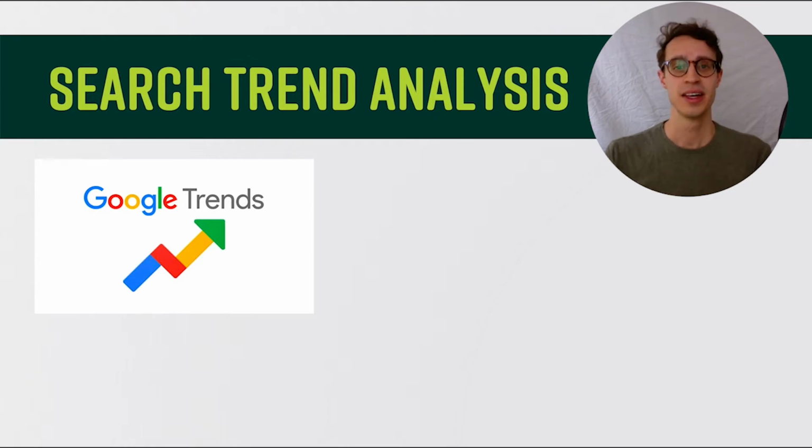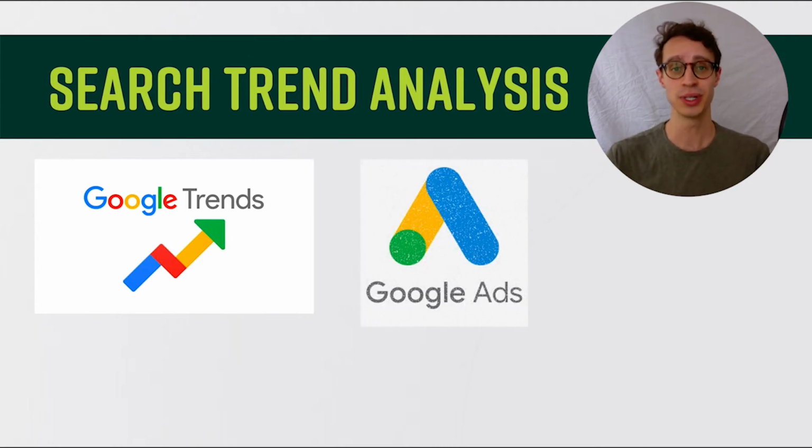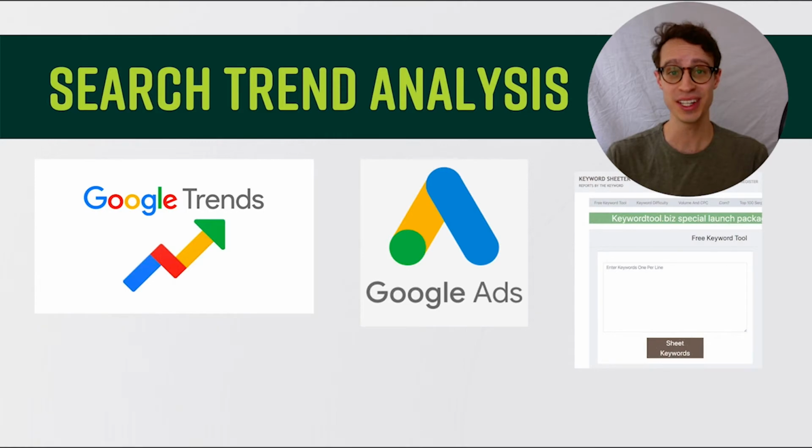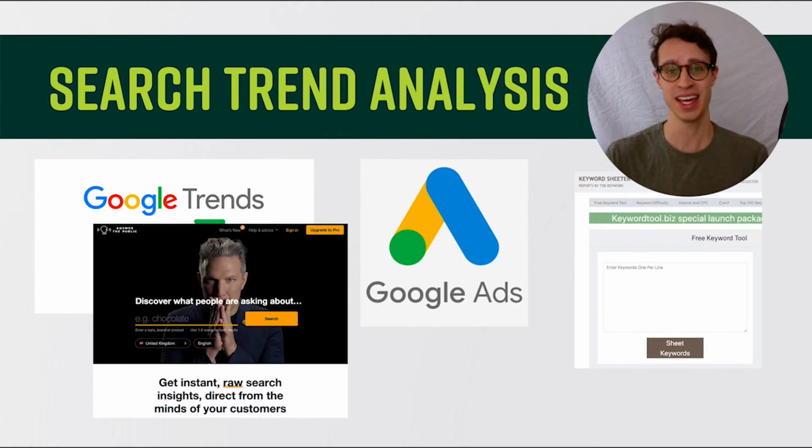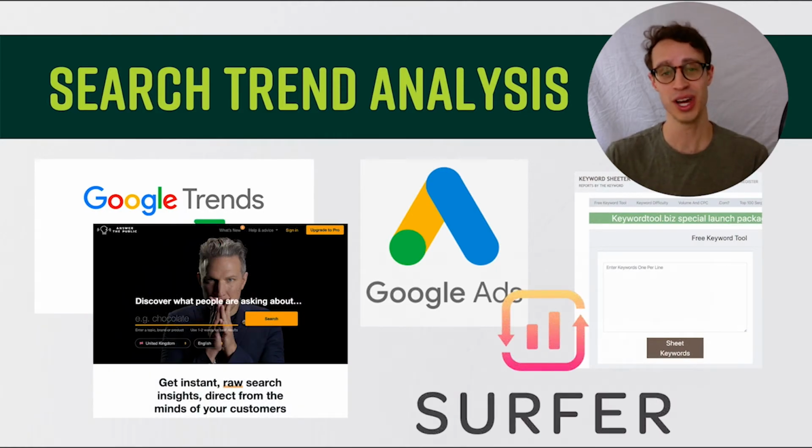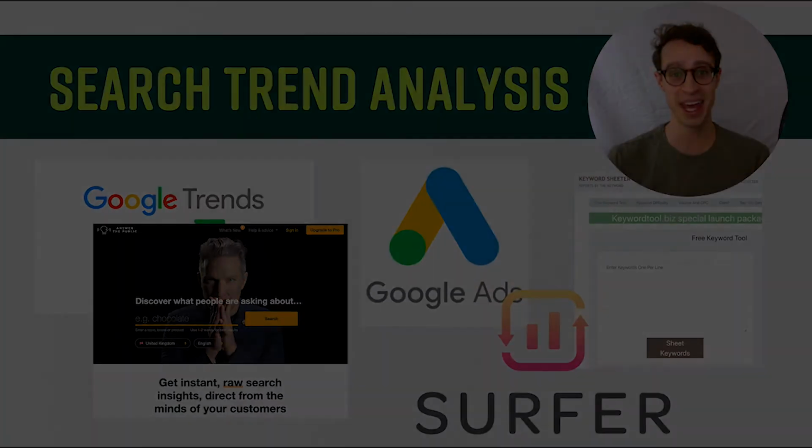data. Some of the best tools to use include Google Trends, Google Keyword Planner, Keyword Sheeter, Answer the Public, and Keyword Surfer, all of which I am not an expert on, but there are lots and lots of tutorials on YouTube for using these. However, I will give you a quick overview of Google Trends, which is the easiest to use in my opinion. So let's go there now.